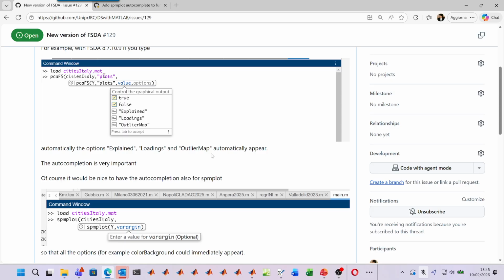Now, this menu automatically appears, right? And the auto-completion is very important because you can work without looking at the help. So if you want to write the auto-completion for certain functions, you talk to him or to her, and then we will publish the video with the details, so that it can be useful